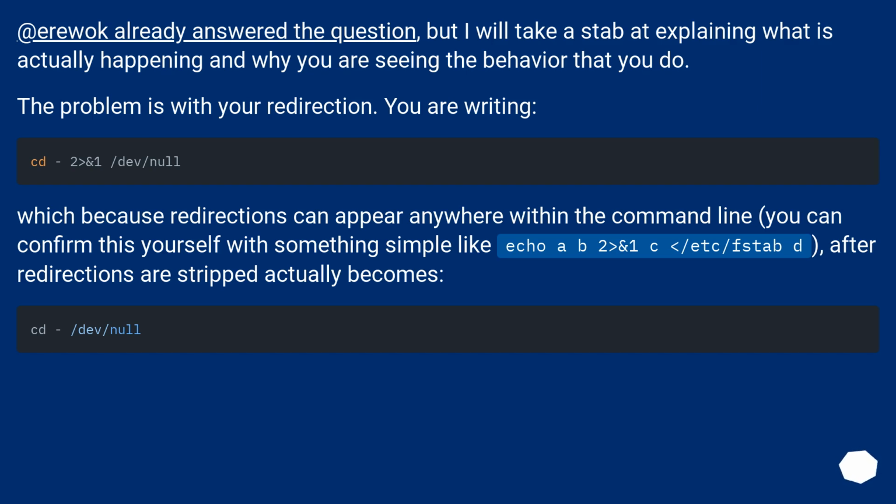Airwook already answered the question, but I will take a stab at explaining what is actually happening and why you are seeing the behavior that you do. The problem is with your redirection. You are writing,